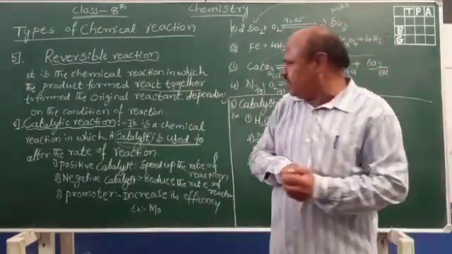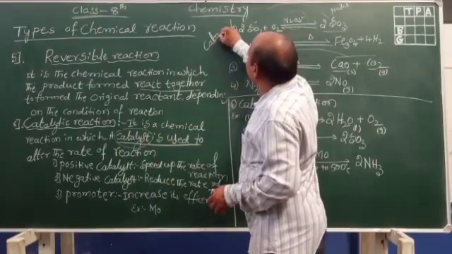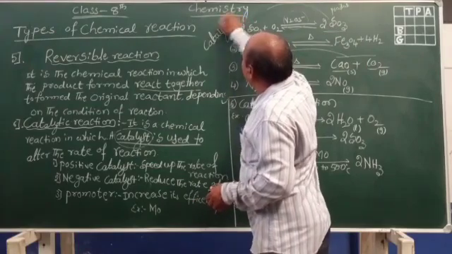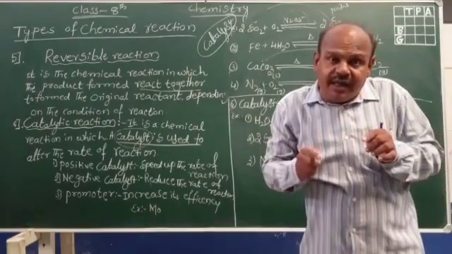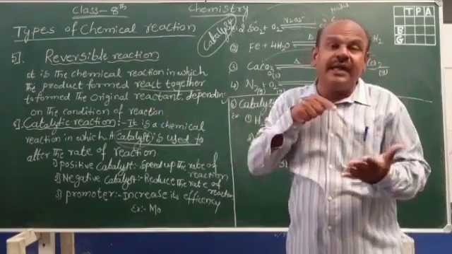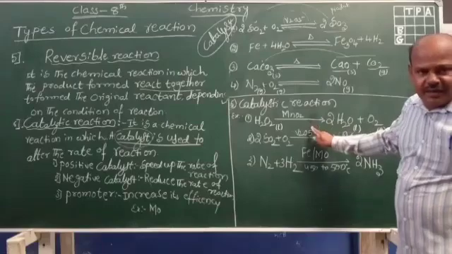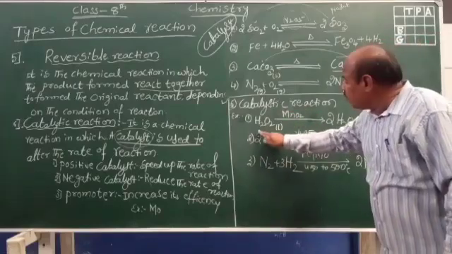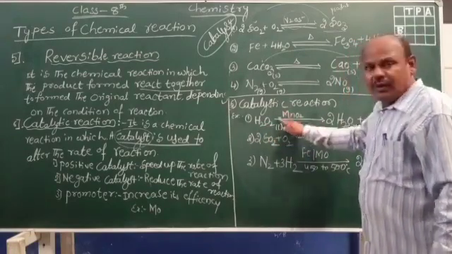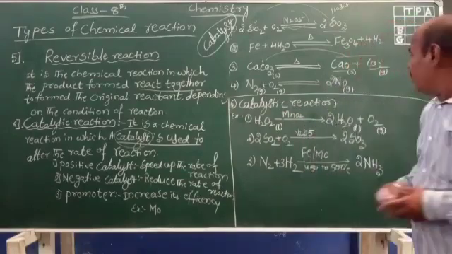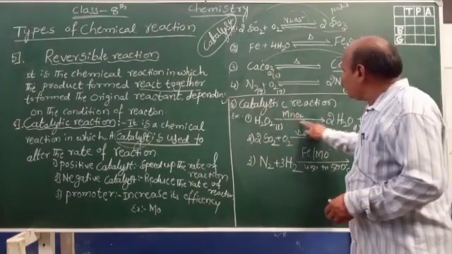One substance is used. That means, what is a catalyst? A catalyst is a substance which alters the rate of chemical reaction, but it does not take part in the chemical reaction. Here MnO2 is the catalyst used in this reaction. Hydrogen peroxide with MnO2 accelerates the rate of chemical reaction, releasing oxygen gas. Therefore, MnO2 is a catalyst.